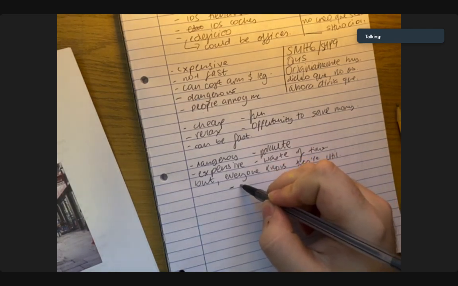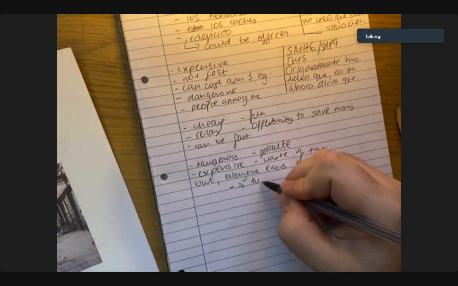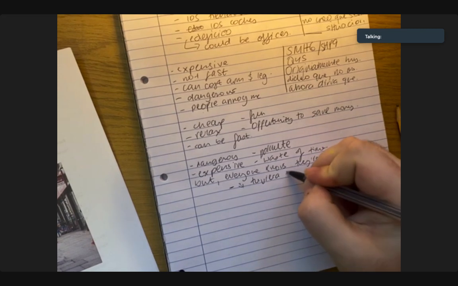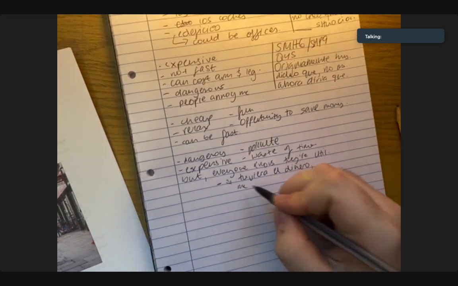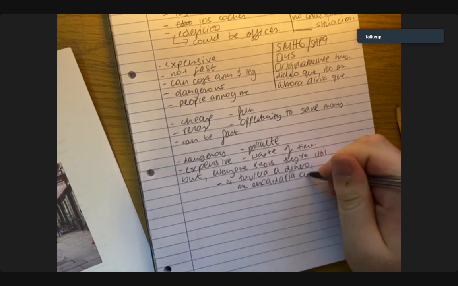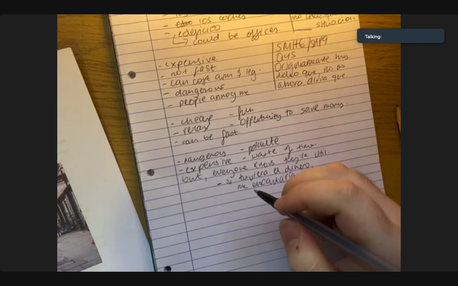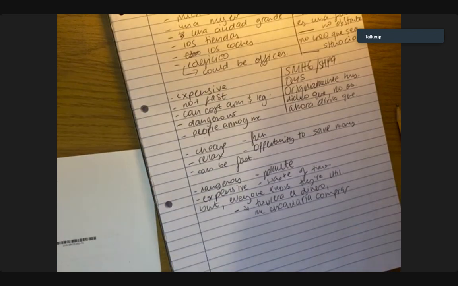So, si tuviera el dinero, me encantaría comprar. Me encantaría comprar un coche ecológicos. So I don't know if that actually makes sense, but more like an economy-friendly car. So like electric cars, I suppose you could call them. And that is the